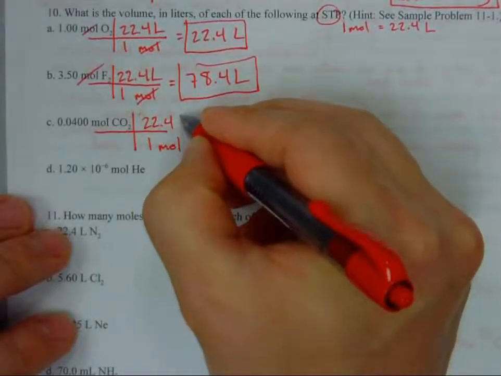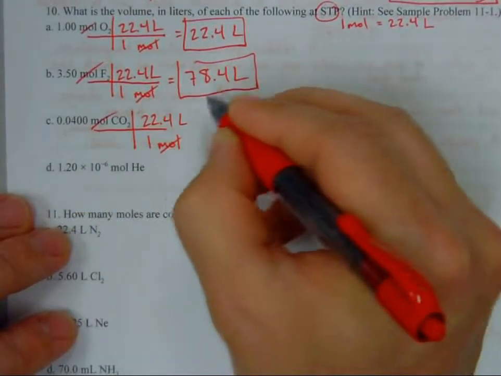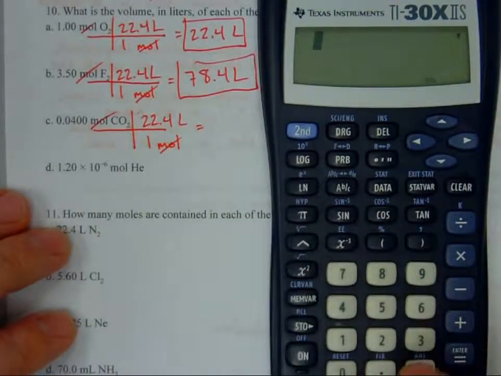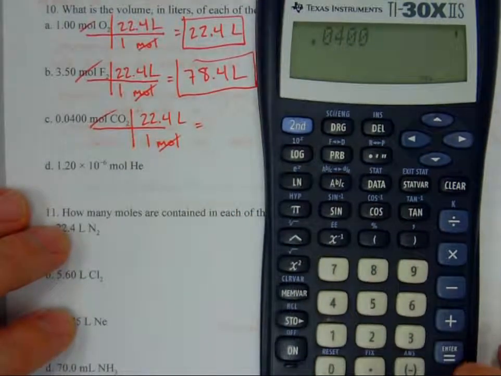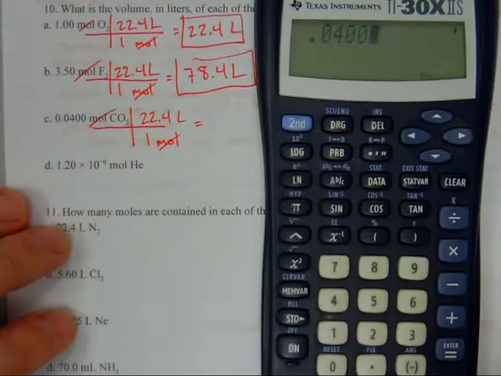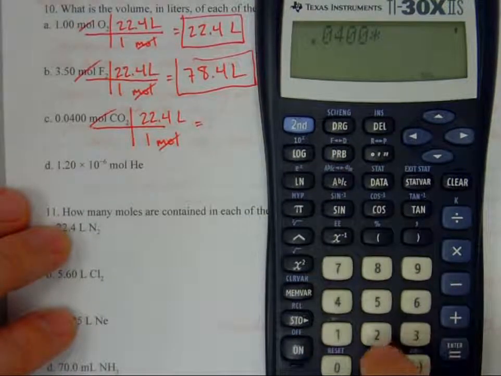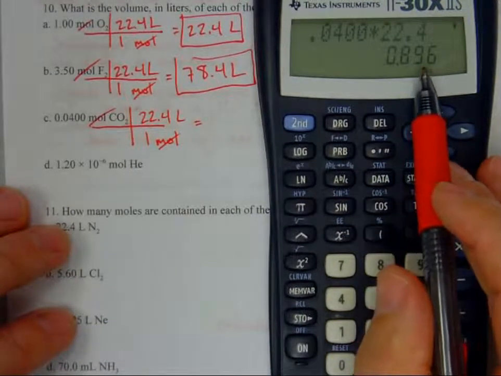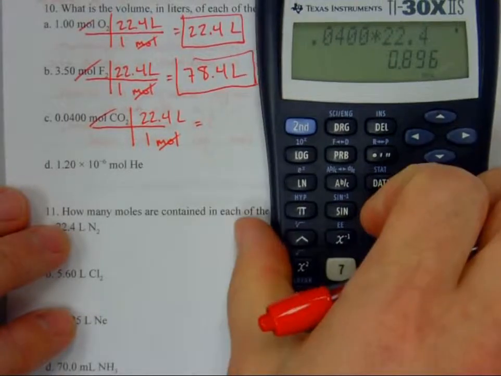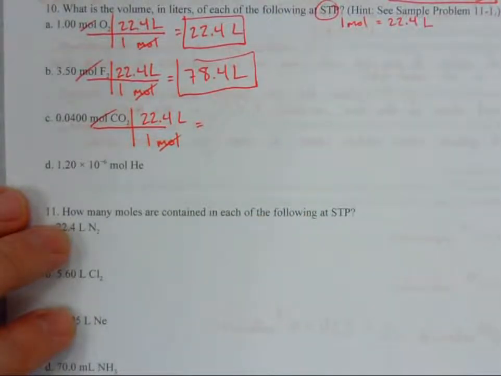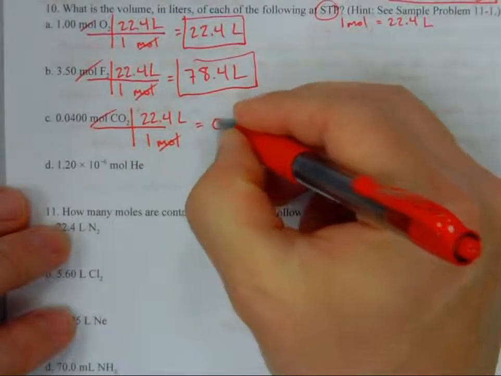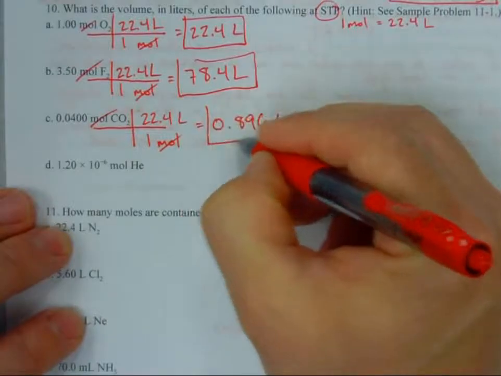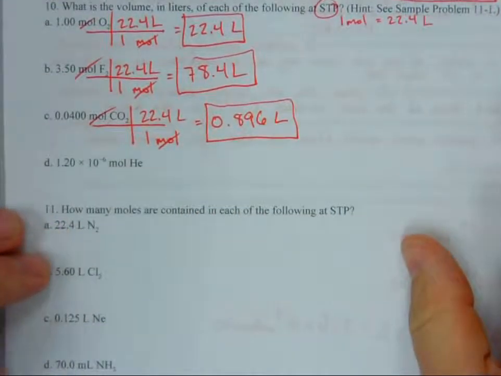1 mole occupies 22.4 liters. That mole is going to cancel. So 0.0400, you don't really have to type in those last zeros, but times 22.4, with 3 sig figs, so I guess I'm just going to keep all of those, and I guess you could put that into scientific notation, but just say I don't care enough. Liters, a little bit less than